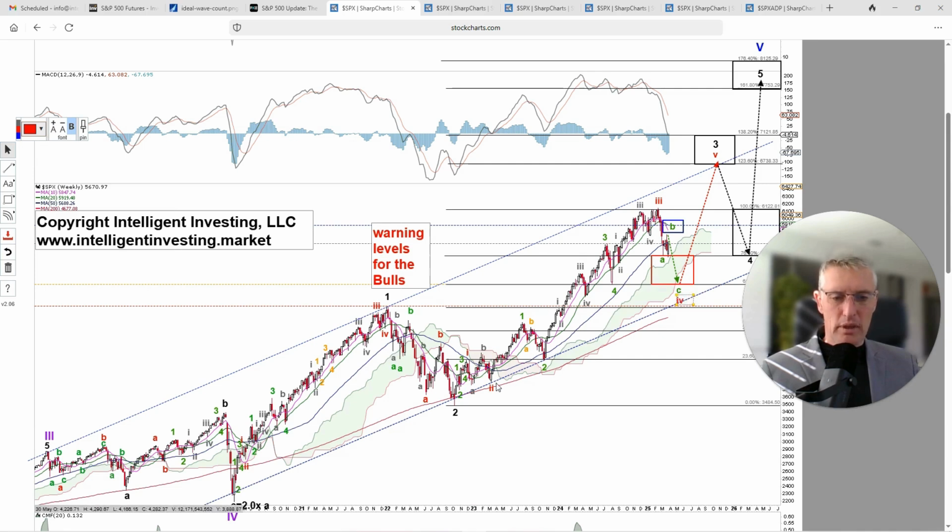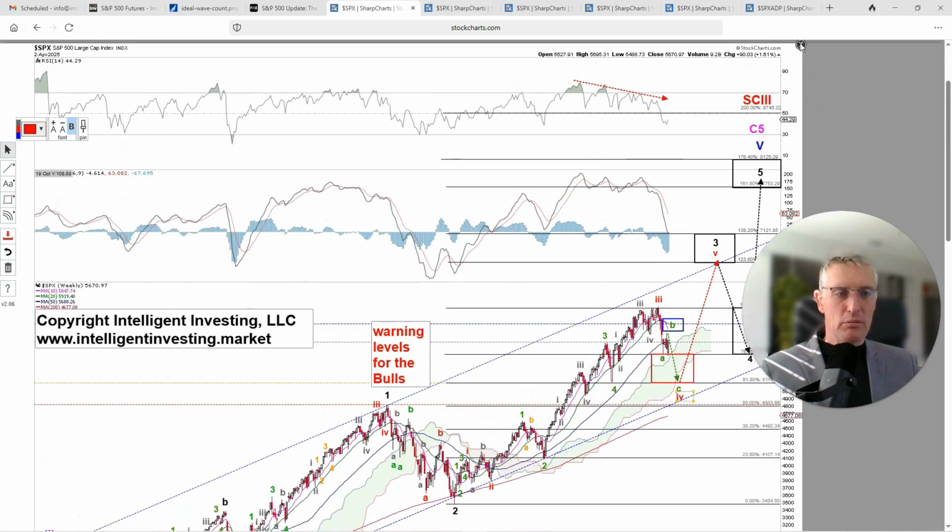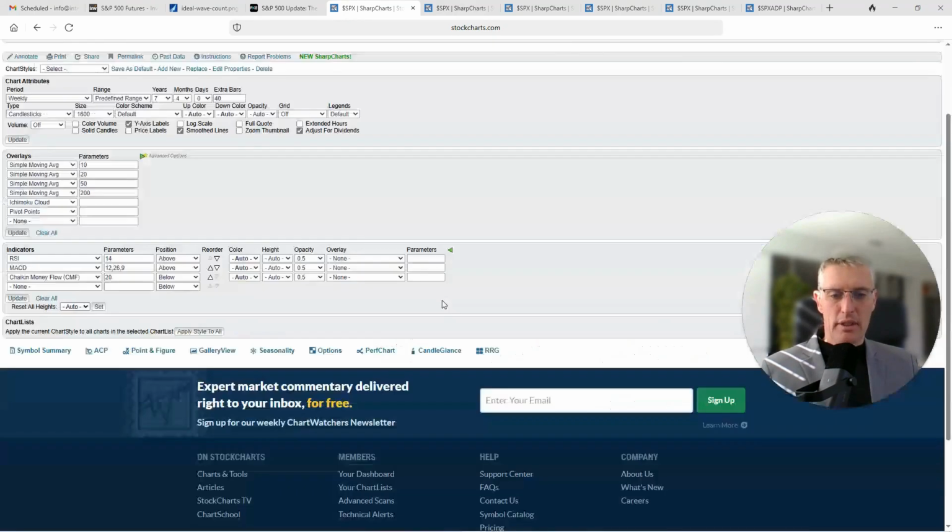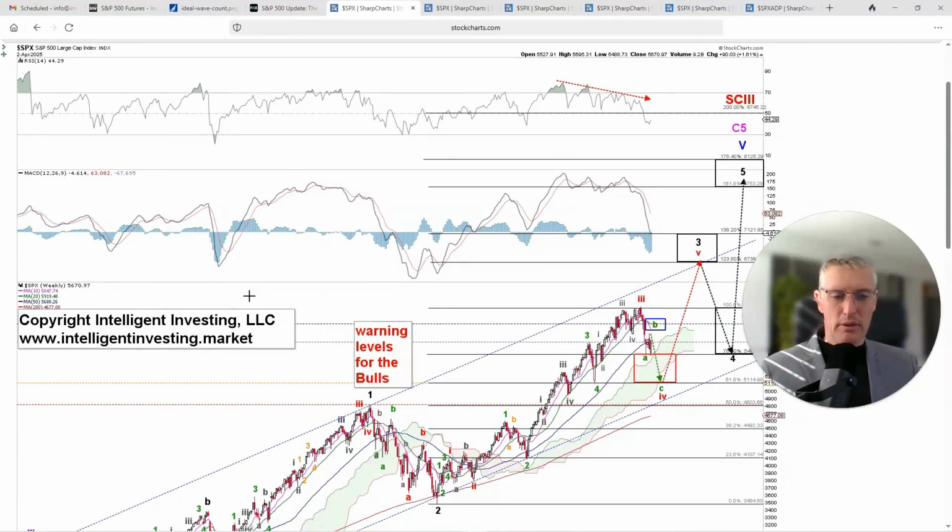A zigzag wave 4, a flat wave 2. It's the rule of alternation. It's not necessary, it's not a must, but oftentimes when you see a flat wave 2, expect a zigzag for wave 4 or vice versa. Triangles are a little more complicated and less common, so this matches really well. So please keep a bigger picture, and so far things are still moving along a standard Fibonacci-based impulse pattern, nothing